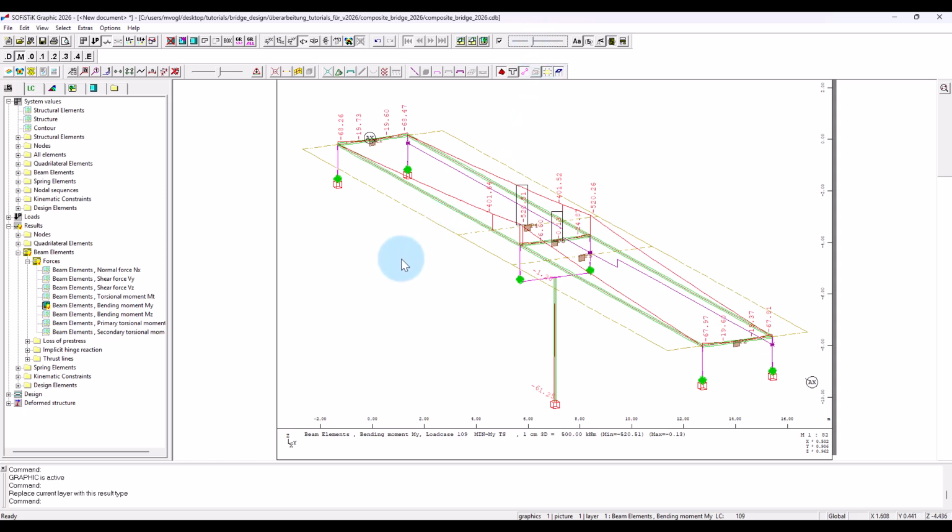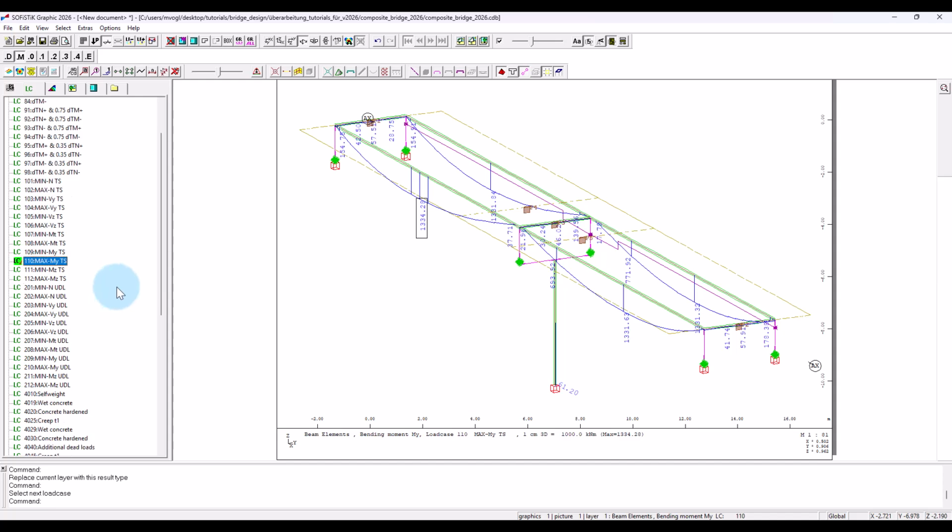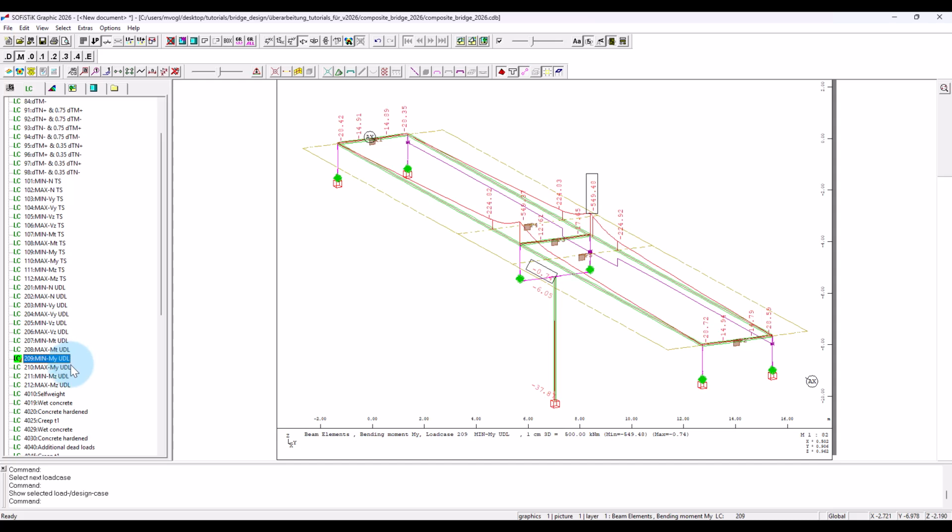Okay, then next load case, maximum bending moment My due to the tandem system. And for example, now for the UDL loads, we have the same thing in load case 209 and 210.